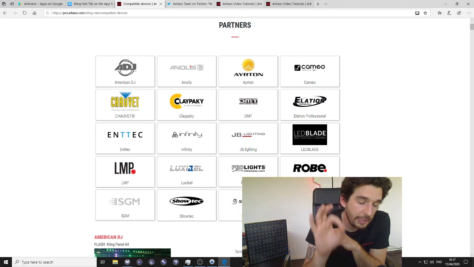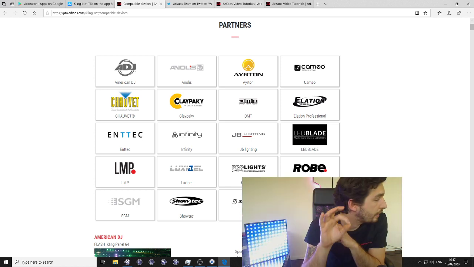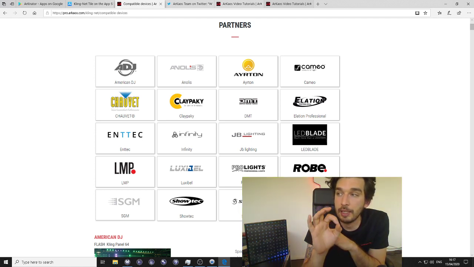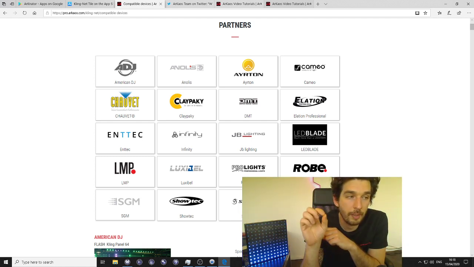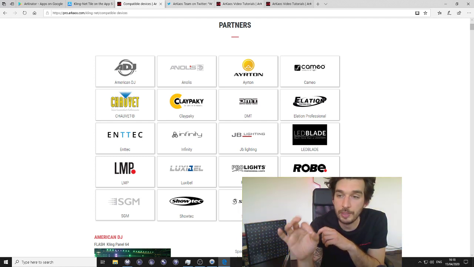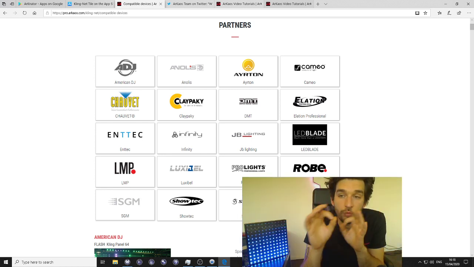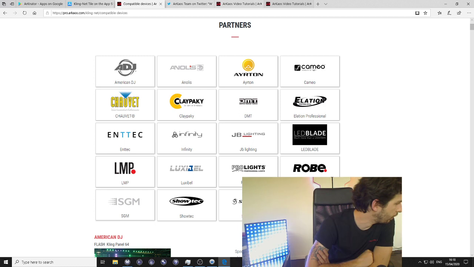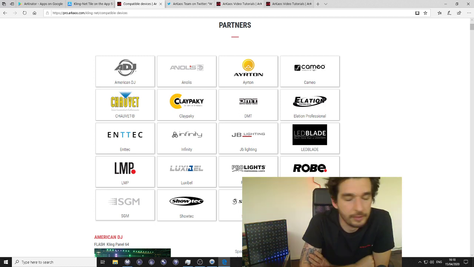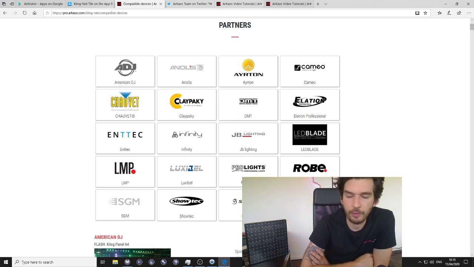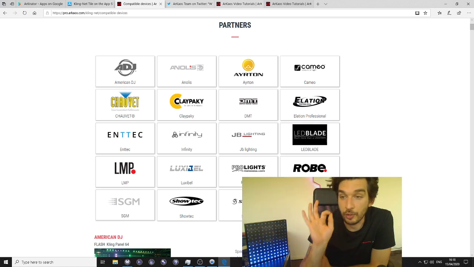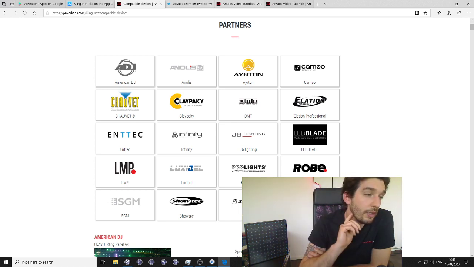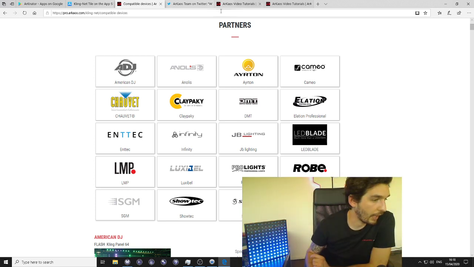So KlingNet on a 1 gigabit network connection can manage 900,000 mapped RGB pixels. If you do the calculation, it's around 4,000 DMX universes, something like that. Correct me if I'm wrong. That's what I remember. So 4,000 DMX universes just by a single Cat5 connection, and that's it.